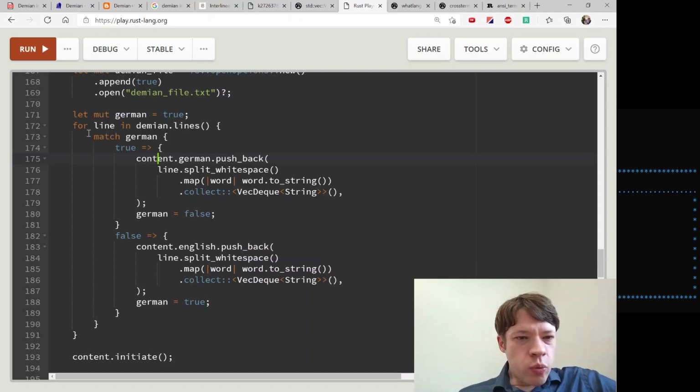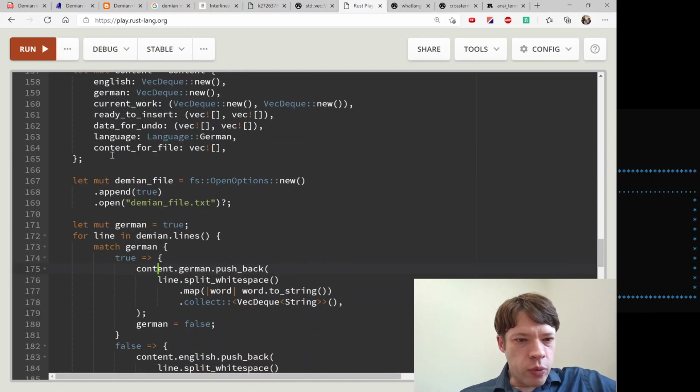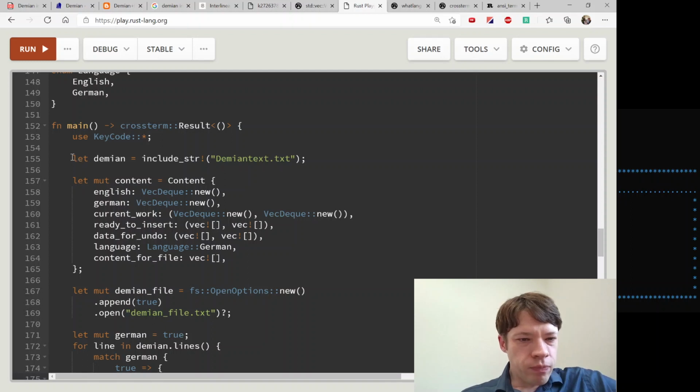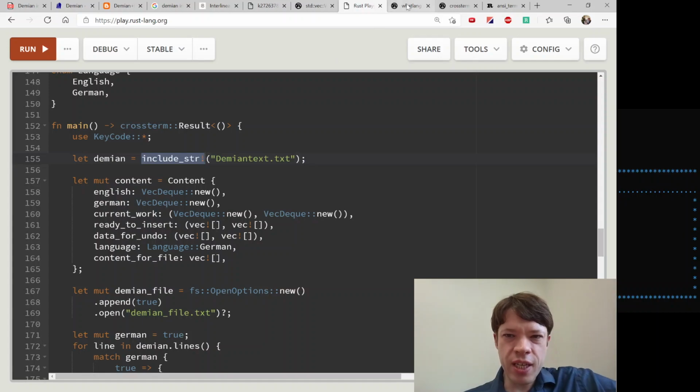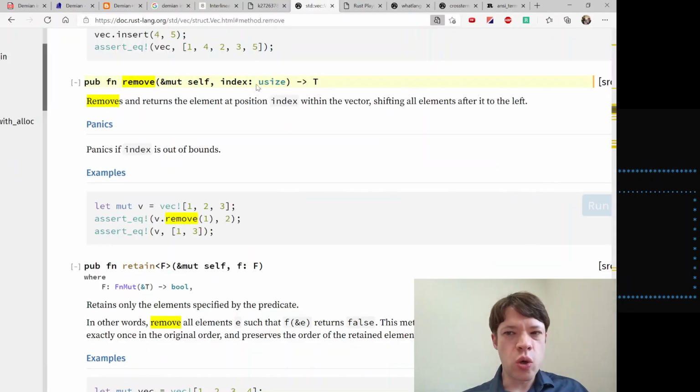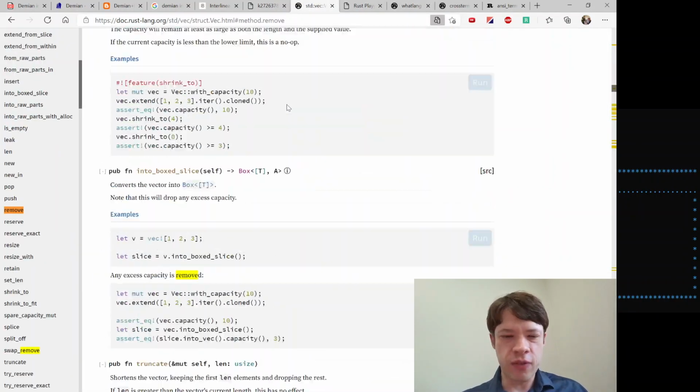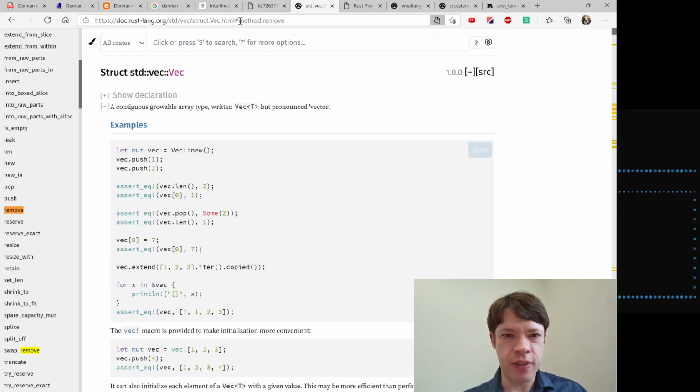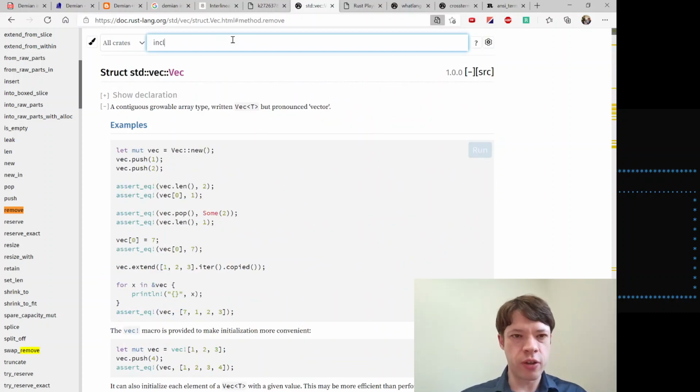So what I did is, let's start with the main function. There's a macro called include_str, and I think we went over this once before. It's just a really convenient macro that takes a file and turns it into a big str for you.